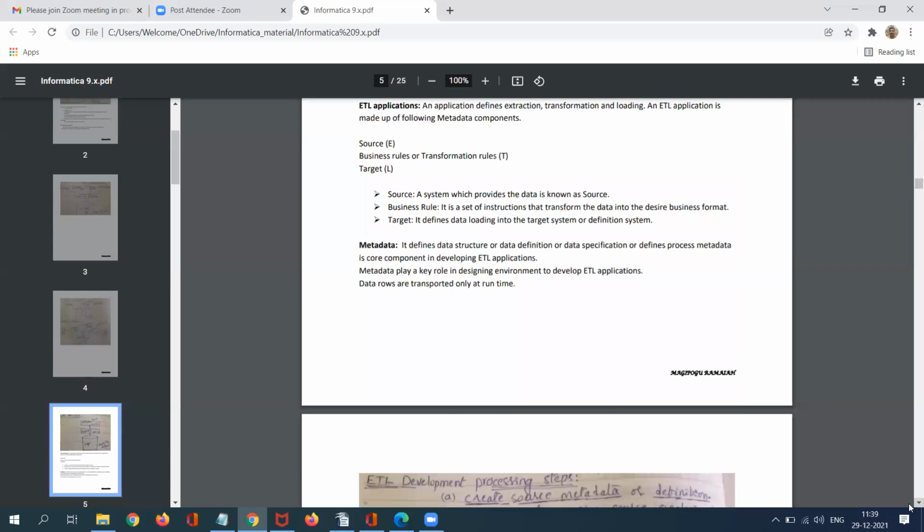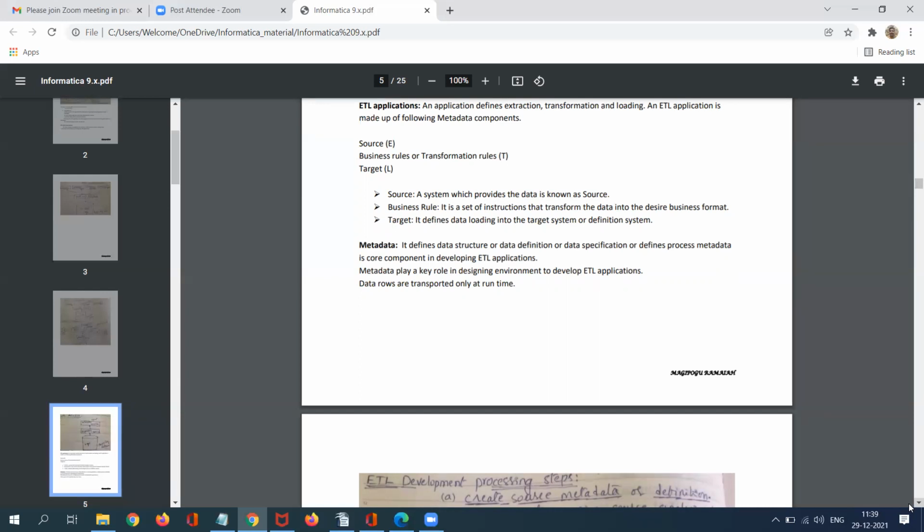Let me discuss what an ETL application is. An ETL application defines extraction, transformation, and loading. This is made up of especially metadata components. If you want to design any ETL mapping or ETL application, three components are very, very important. First one is source, second is transformation with or without business rules.